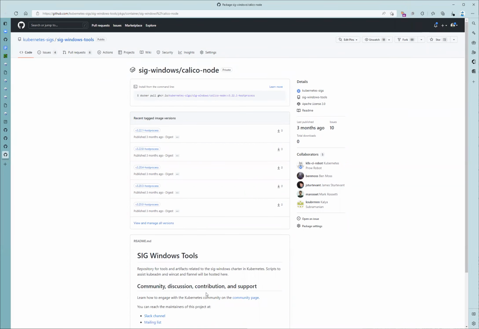To figure out a story here, like where do we want to host these images? I don't think we should host these images in the staging and the prod repos, because essentially these are just redistributed bits. Like the Calico node has all the Calico stuff, and rightly so, the right place for this image is to come out of the Calico project.